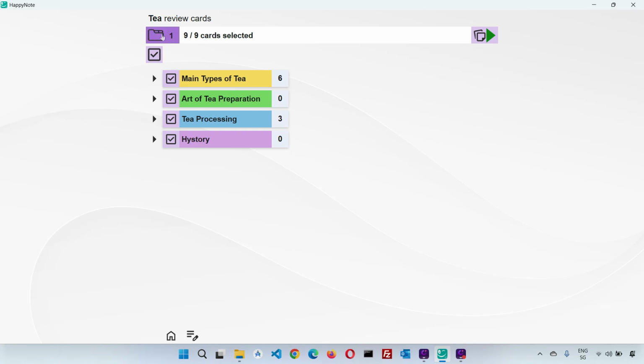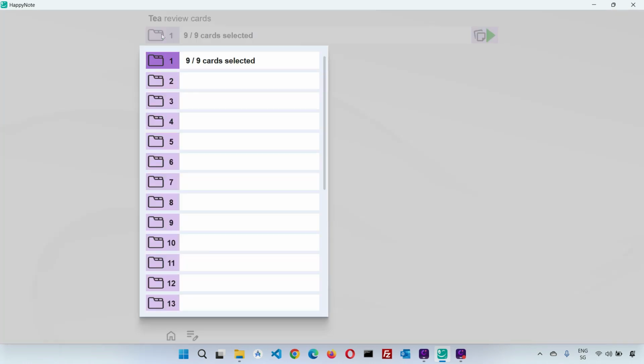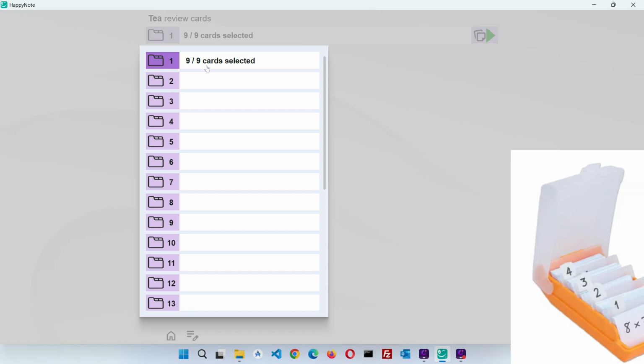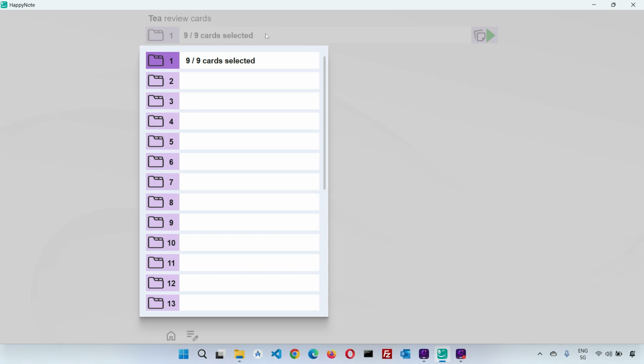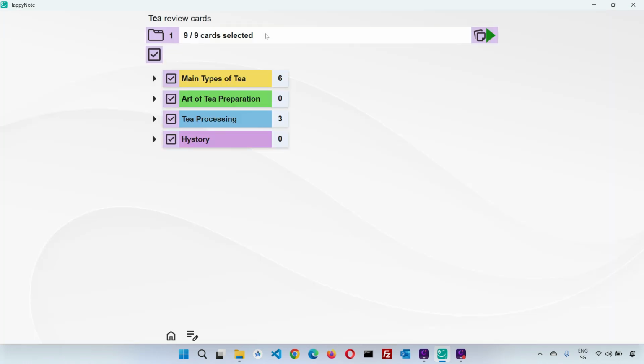Okay, there are just two things you have to understand. First, the flashcards are organized in tabs. As you can see here, the tab 1 is selected. This tab selection menu is basically the same as a physical card catalog, like the one in this picture. The second thing to understand is that you can either study all cards in this tab or just specific branches